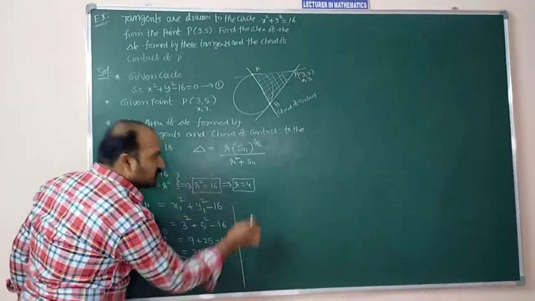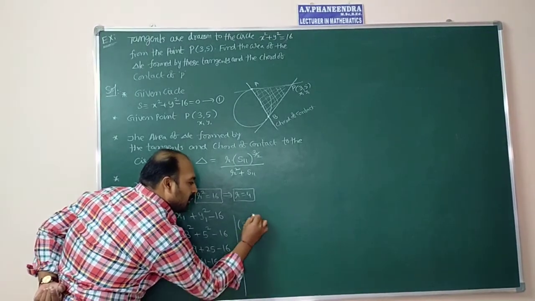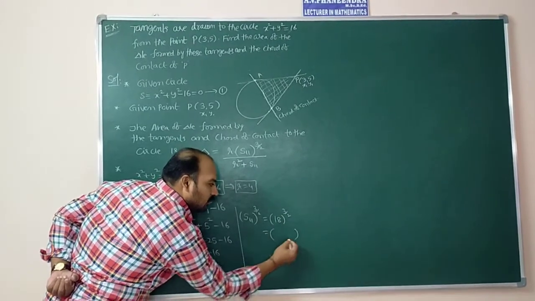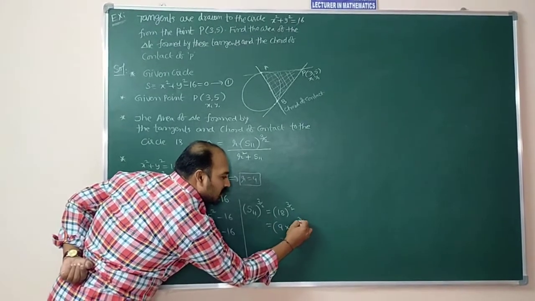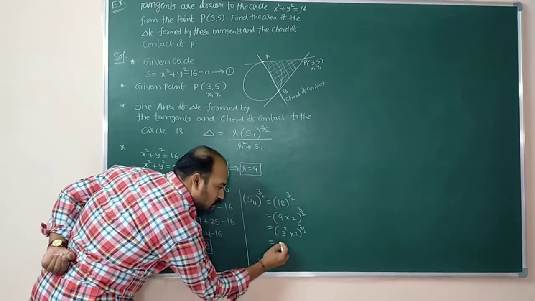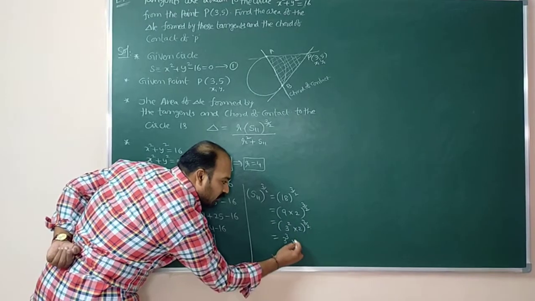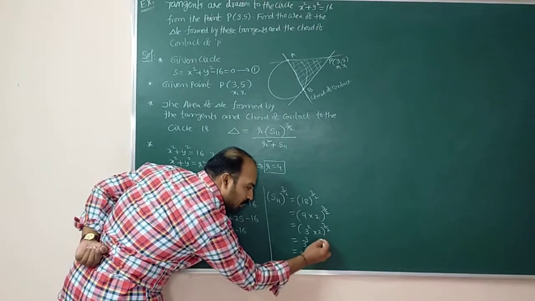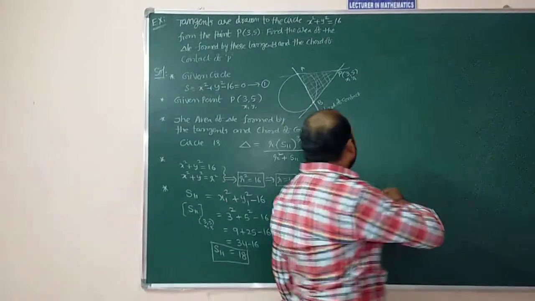After that, we can write the value directly, S11 whole power 3 by 2 also. S11 whole power 3 by 2 is equal to 18 whole power 3 by 2. We can simplify here only. This can be written as 9 into 2 whole power 3 by 2. 9 can be written as 3 square, into 2 power 3 by 2. So 3 square whole power 3 by 2, the 2 gets cancelled, 3 power 3, into 2 power 3 by 2. 3 power 3 is 27, into 2 power 3 by 2 means 2 root 2. That information you have to write. Otherwise, directly also you can substitute.